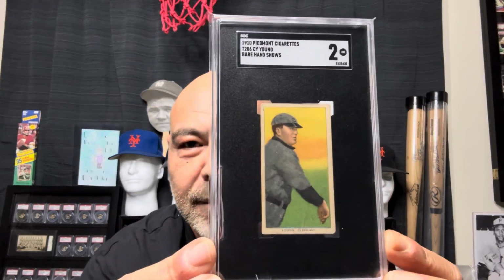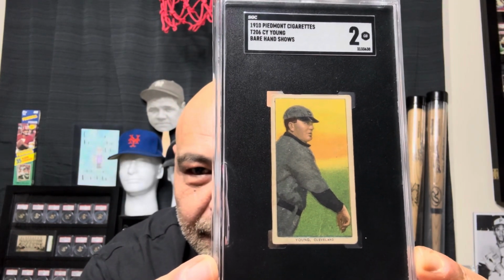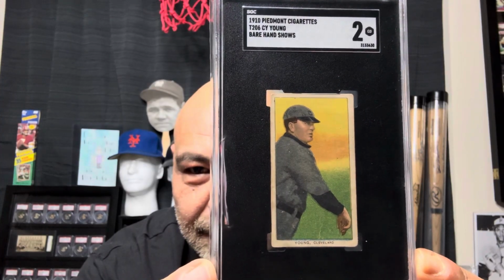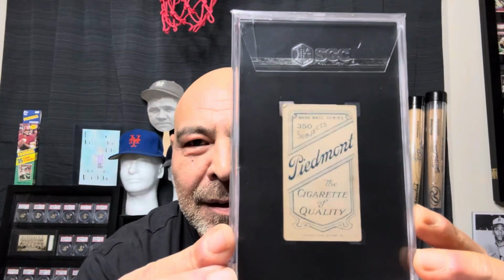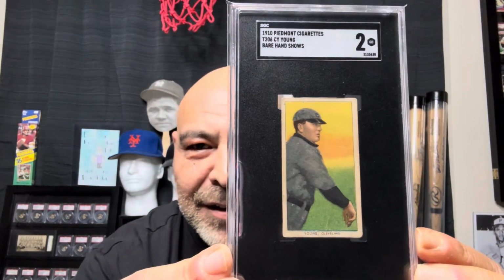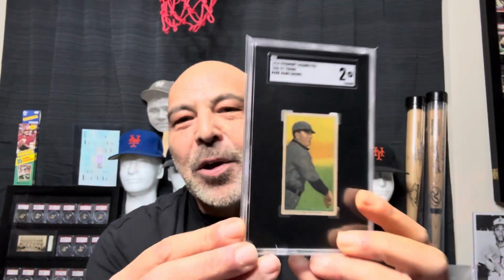T206 Cy Young. Piedmont back. How great is that card? Just a beauty. So the story with this card is in the early 2000s, probably 2002 or 3, I went